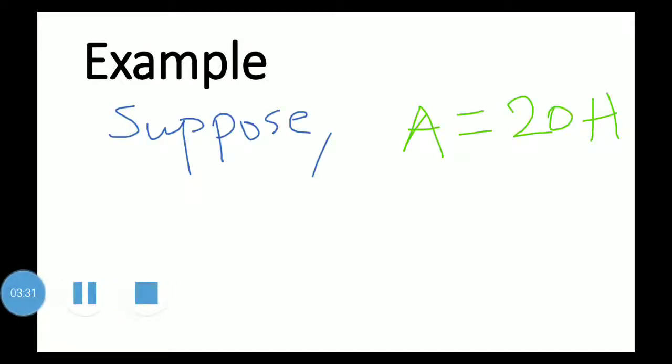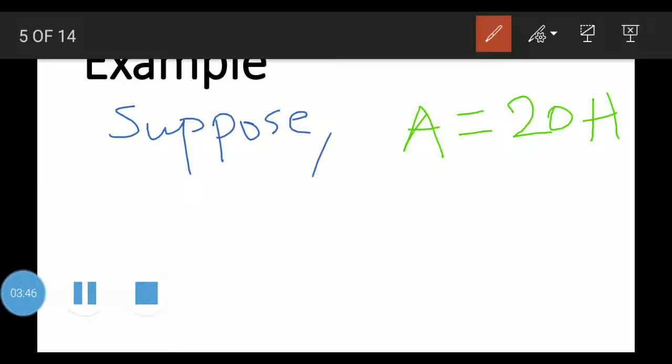Let us take one example on CMA. Suppose accumulator contains 20H, that is the input. Now we want to find the complement of this, so we will use the CMA instruction.